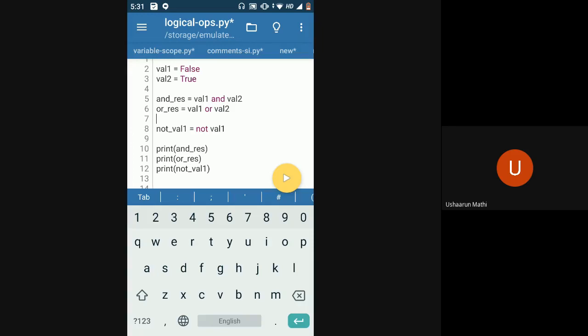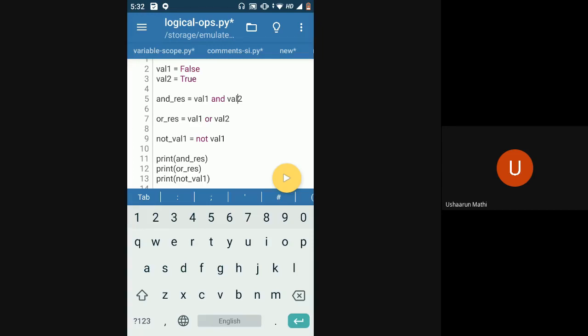Okay, so what and will do... As you can see, we saw that when we evaluate a relational operator, we get a Boolean value, right? 10 is greater than 3 gave me a Boolean value, true, right? So similarly, when you evaluate a logical operator, you will get a Boolean value only.